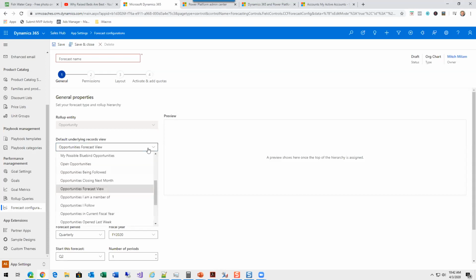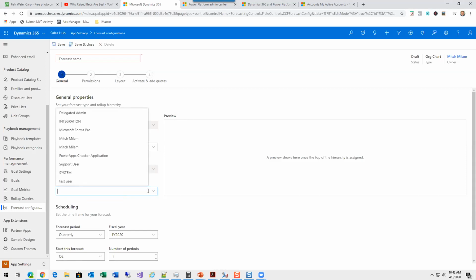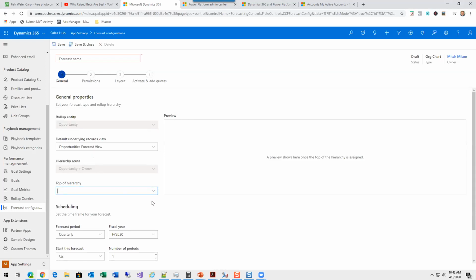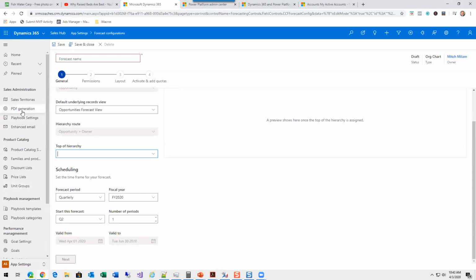And then it wants me to find a view. I can do that. And then it wants me to tell what is the top of the hierarchy. I have no idea. What are you talking about? Oh, that's a user. Okay, I can do that. Then I got some more stuff. And then at some point I click the next button. Don't be the person who will ask a question before they've clicked the button to figure out what it actually does.